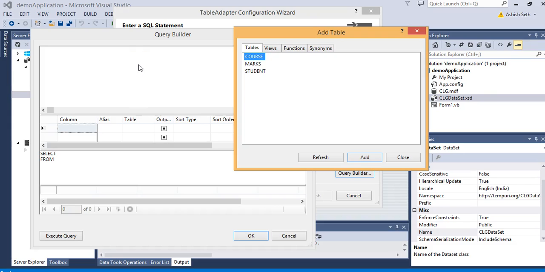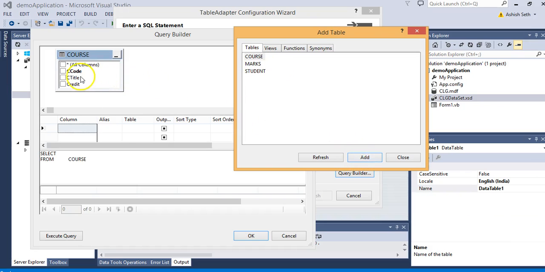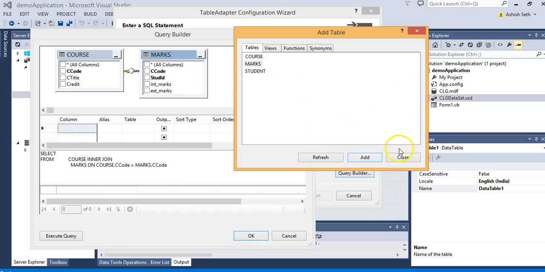So our query is to get the student ID and the marks details. So I need the course table and the marks table. So I will add the course table and I will also add the marks table.